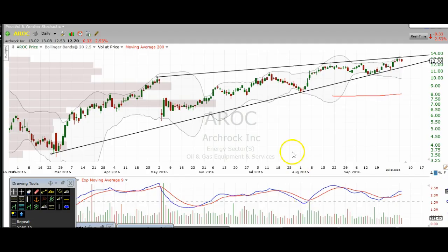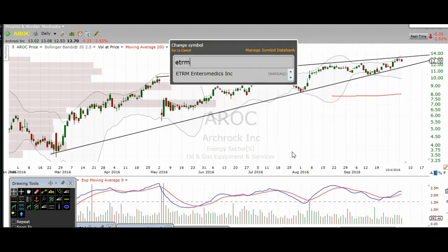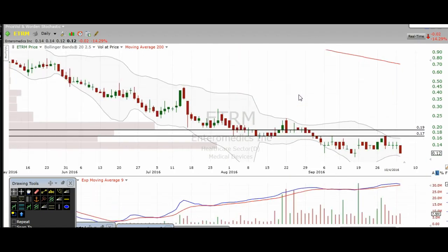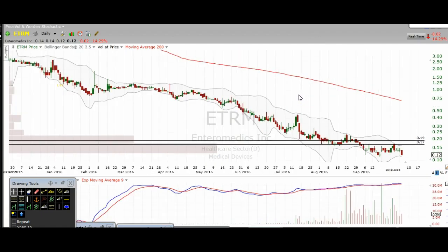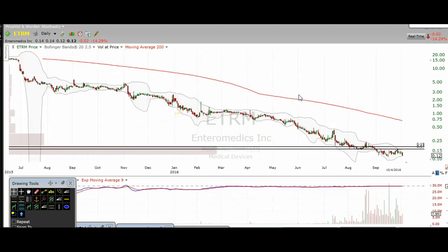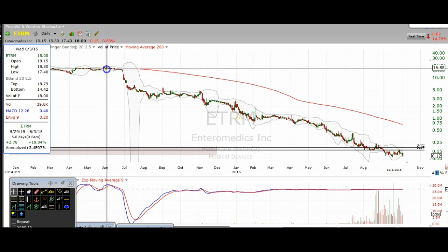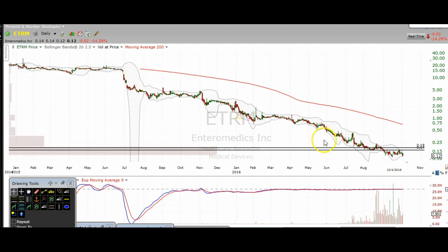ETRM. All right, so ETRM, this is a penny stock, not really that interested in charting this. As you can see, we've had a massive downtrend. It was trading up here at $16, $20 up here, and now we're at 12 cents. And